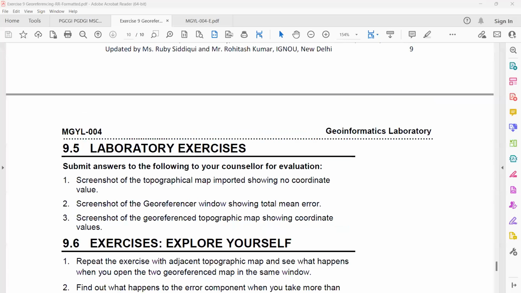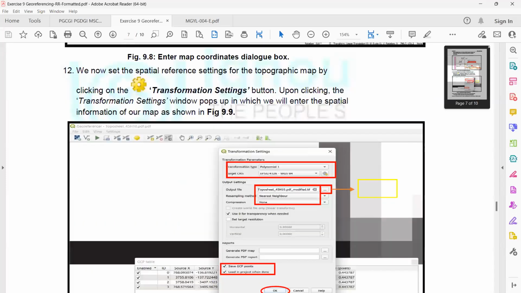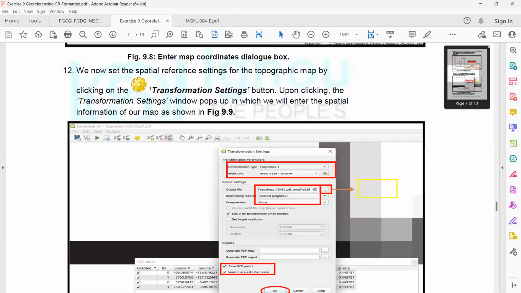वहाँ पे जो जो ऑप्शन दे रखा है ट्रांसफॉर्मेशन में, क्या क्या आपको सेलेक्ट करना है, आप उसको सेलेक्ट कीजिए। यहाँ पे जो भी आपको दे रखा है वो आप सेलेक्ट कर लीजिए और उसके बाद ओके पे क्लिक कीजिए। और जो आपका आउटपुट फाइल का लोकेशन है, प्लीज आप एक बार उसको चेक कर लीजिए वो